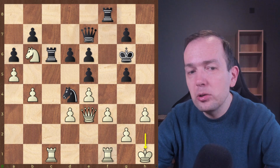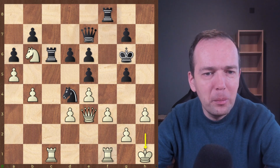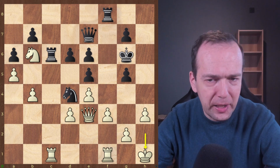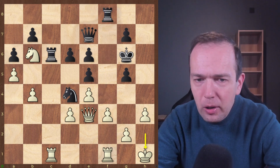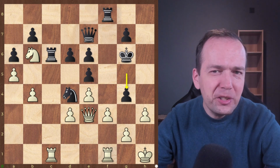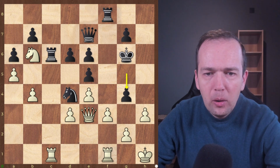And here my opponent had about 2 minutes. And he was feeling there's g4, but he did not calculate g4 until the very end. So he played rook f4, but apparently he could have played g4. And now there's some very nice lines. So I can't take with...